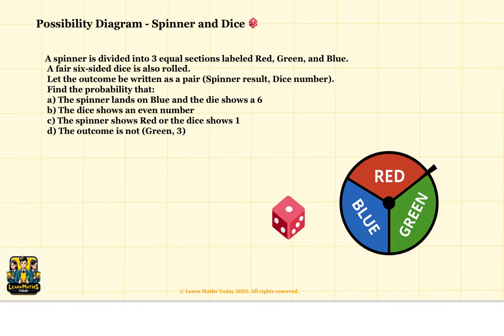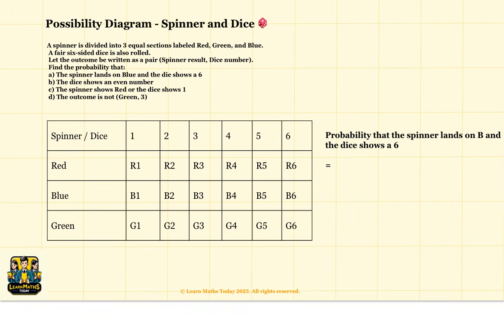So the outcome is written as a pair of the spinner result and the dice number. Now let's walk through some of the questions together. Let's first find the total number of possible outcomes. The spinner has 3 outcomes: red, green, and blue. The dice has 6 outcomes: 1, 2, 3, 4, 5, and 6. We know that the total outcomes will be equal to 3 by 6,